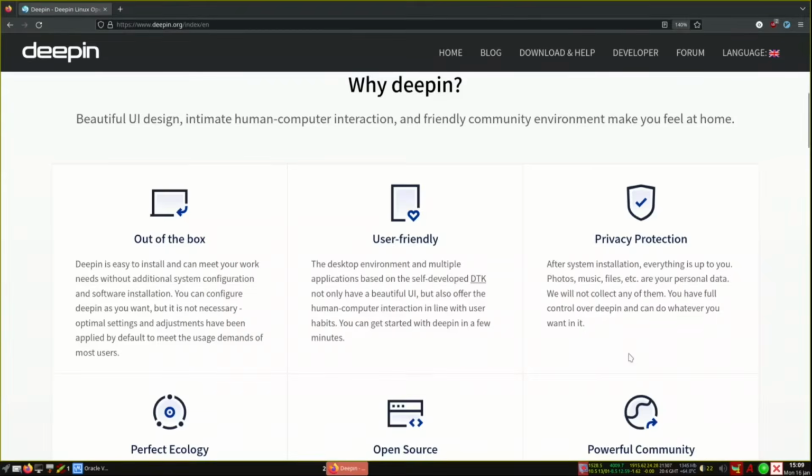For privacy, since this distribution is from China, many don't want to install it for many reasons, but I don't think that matters, because it is an open source distribution, you can have all the code. I don't see anything to worry about, but they already included a notice so that you will also be aware that this one has some privacy considerations, bearing in mind they have access to non-open source software in their application store.